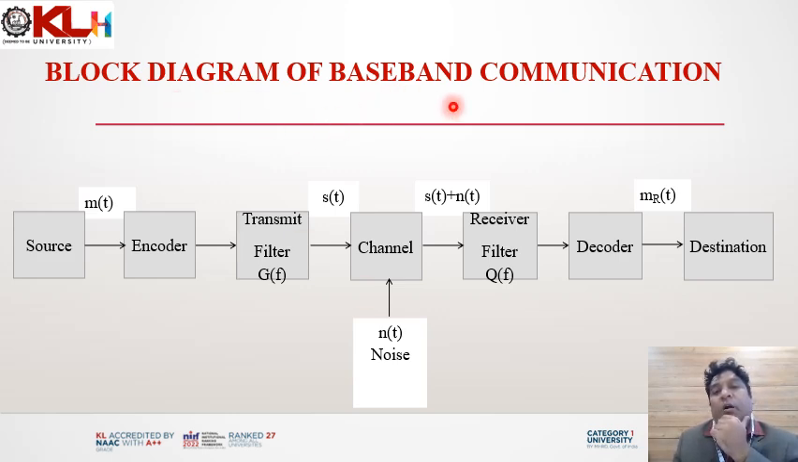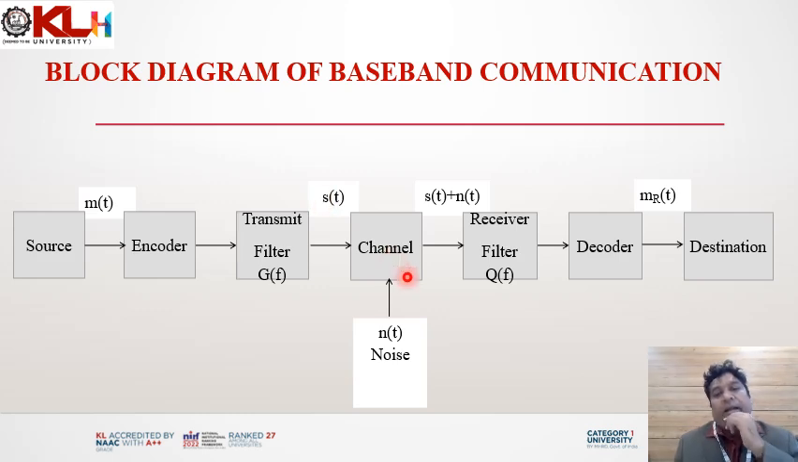Now here we are showing the block diagram of a baseband communication. Again, in baseband communication, the modulation using a high frequency carrier is not done. We take the source, then we perform some encoding, then we filter it using a transmit filter G of f, which is like a raised cosine pulse shaping filter. Then we get this transmitted signal. This transmitted signal is still at the same low frequency range, the baseband frequency range of the original message. This S of t, at the baseband frequency range of M of t, is directly transmitted over